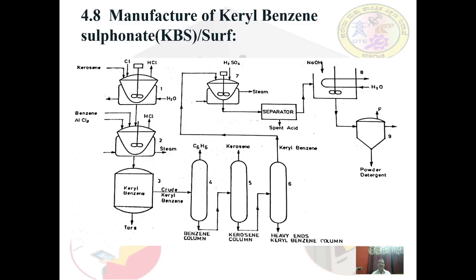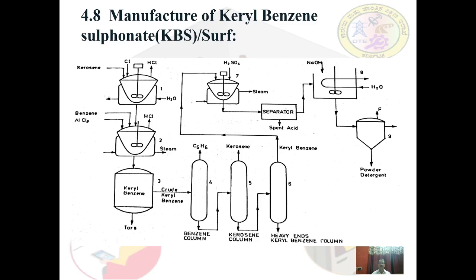This is the flow diagram of production of linear alkyl benzene sulfonate, LABS or SURF. Here, linear alkyl benzene sulfonate is actually made from kerosene-based oils. Kerosene, which consists of C10 to C12 hydrocarbons, is fed into a chlorinator, where the olefins are chlorinated in presence of chlorine, and the hydrochloric vapors produced are separated